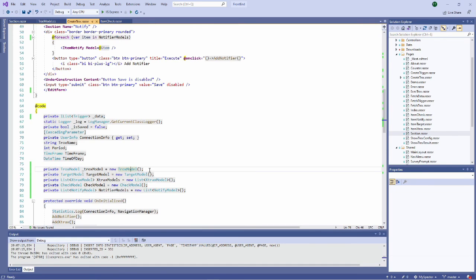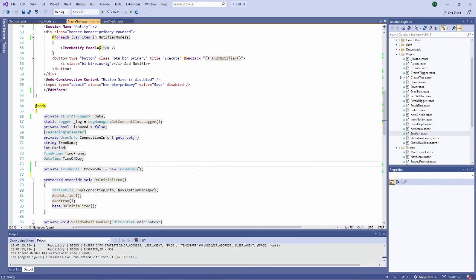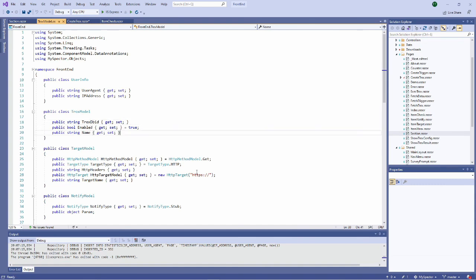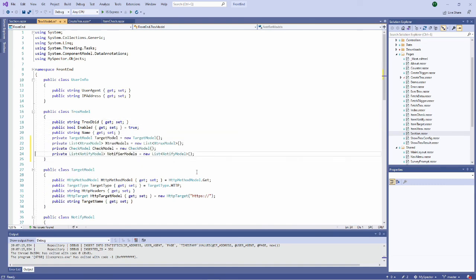Now that the page corresponds to what we want, we can slightly enhance the coherency and the logic of the code behind, and say that each of these models should be inside the TROX model. So I'm going to take them, go to the TROX model, and expose them as a property.